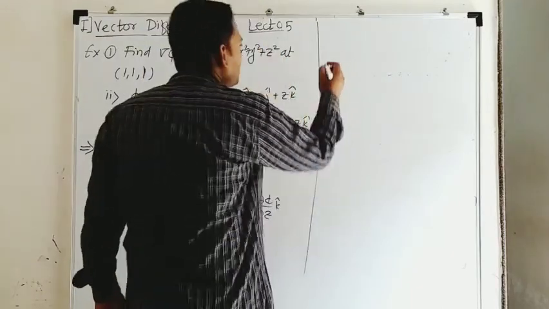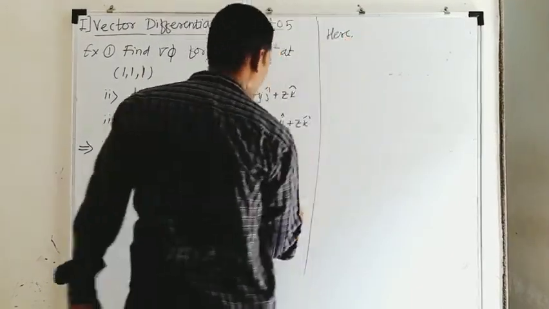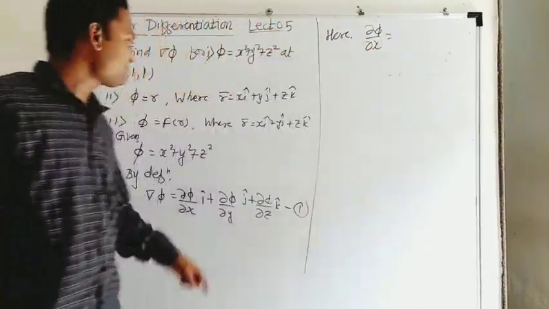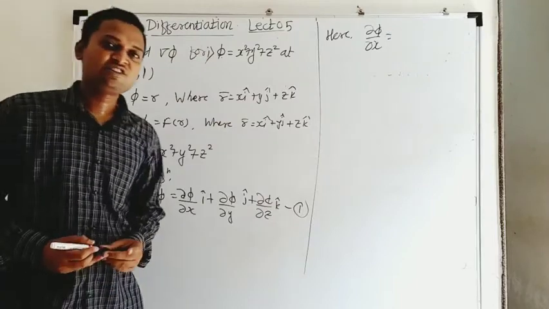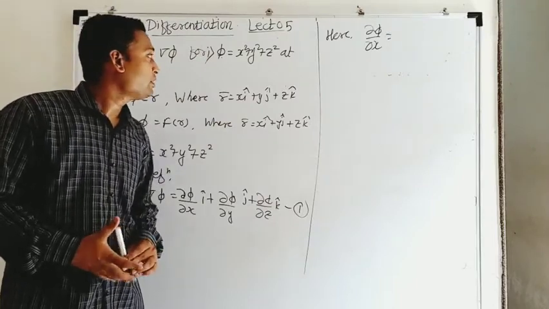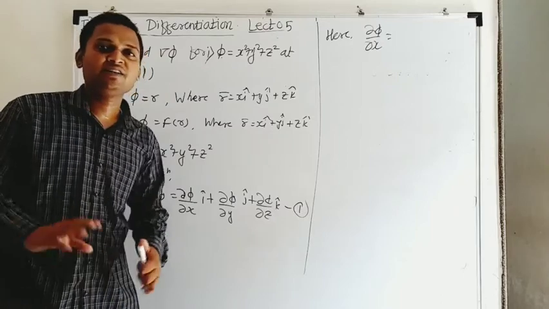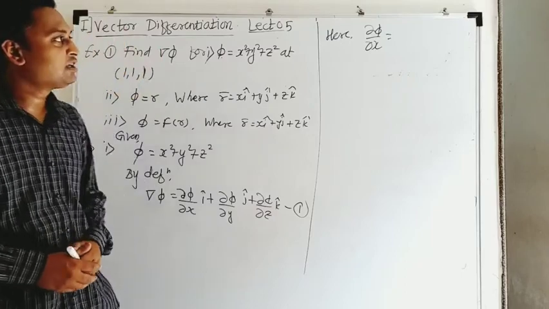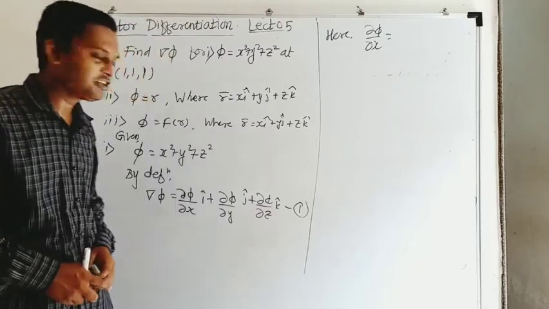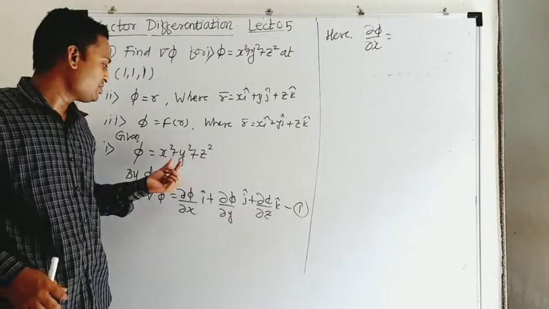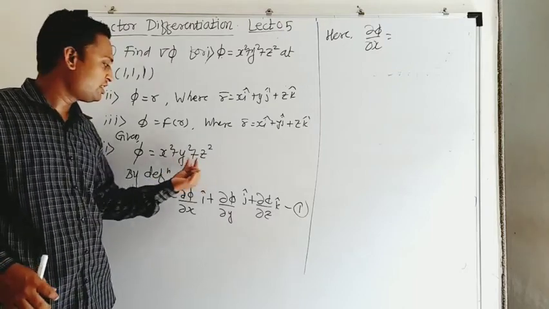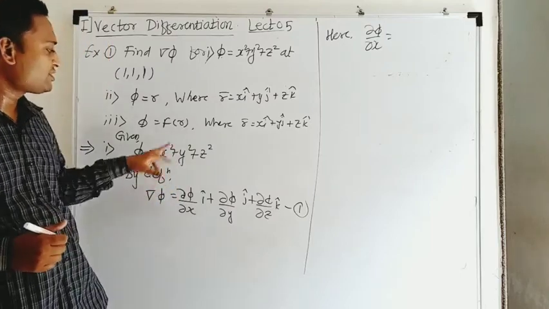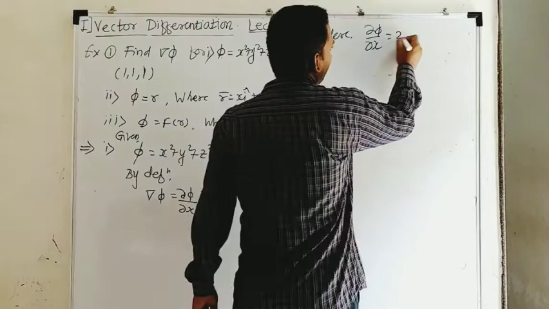Okay. So I will give this equation number 1. Del phi by del x is the partial derivative of this function phi with respect to x. When we differentiate a function, a three-dimensional surface phi, with respect to x, at that time the other variables we consider as constants. This means the terms in y and z will be considered constant while differentiating with respect to x. Here we have three terms. These two terms do not contain any x, so they will be constant, and the derivative of a constant is 0. Only the first term contains x, and the derivative of x square is 2x. So del phi by del x is 2x.